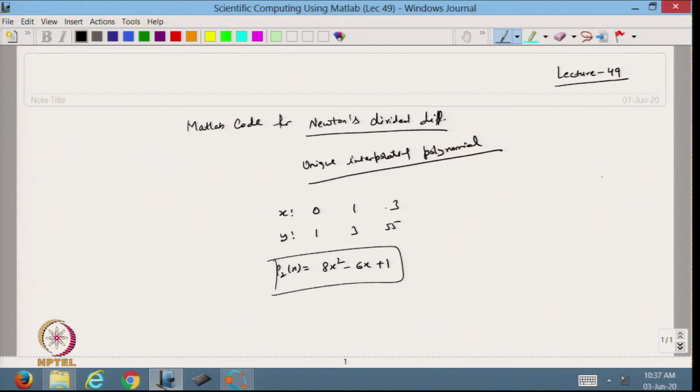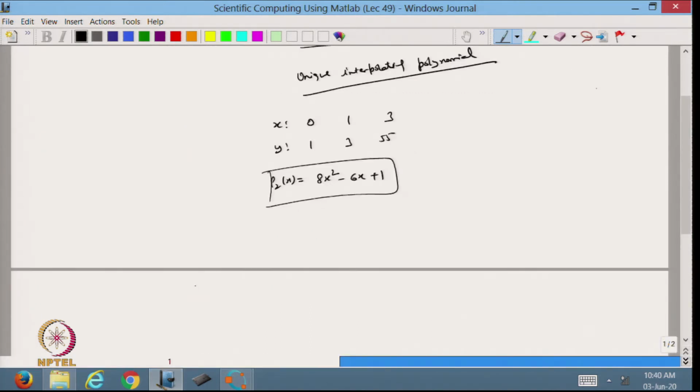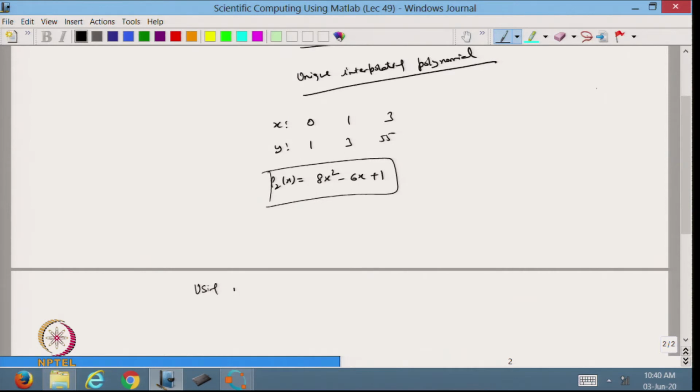This is my x coordinates and this is the y coordinate, and I know that if I take the Newton divided difference formula, I will get my P2x.